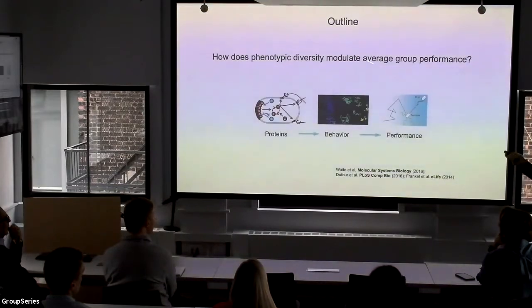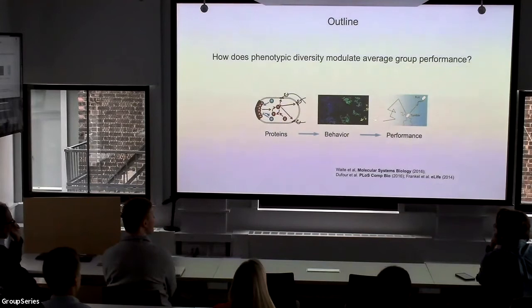Okay, so the first part: how does phenotypic diversity modulate group performance? The first thing we need to understand is what causes a single cell to be much faster at climbing a fixed gradient than another one. We've done experiments over the years showing that these differences come from differences in the level of expression of different proteins inside the cells, and differences in this tumble bias are an important determinant of the speed at which the cells are able to